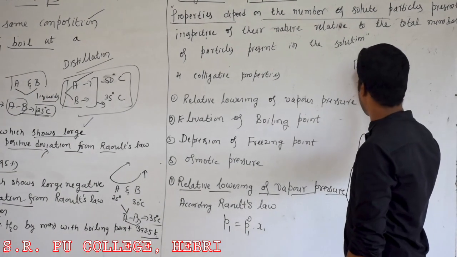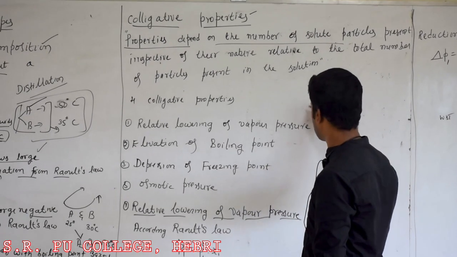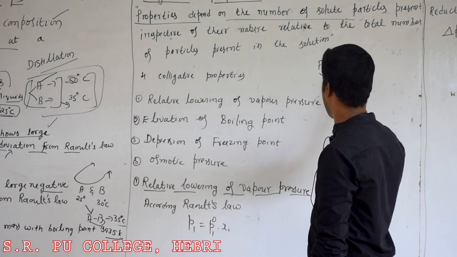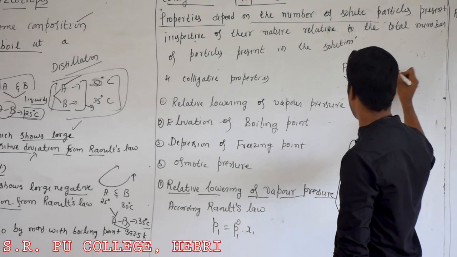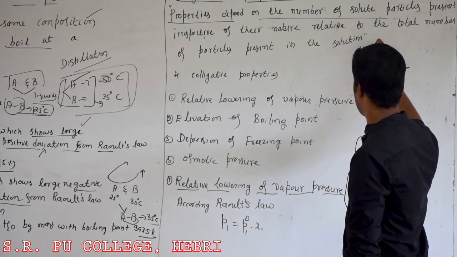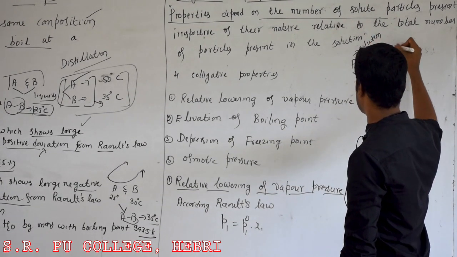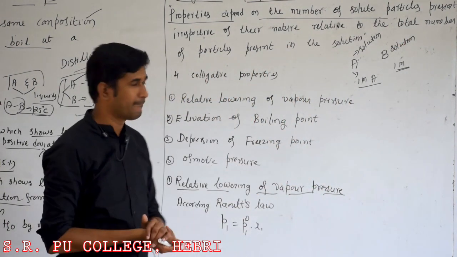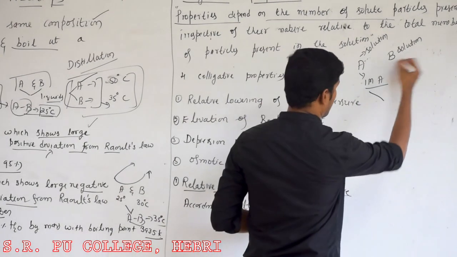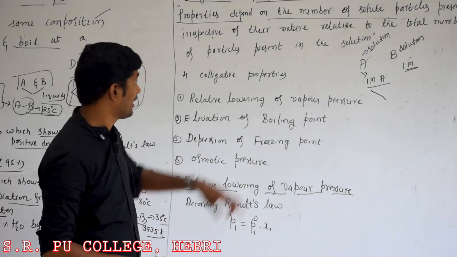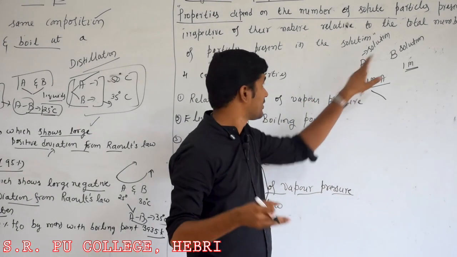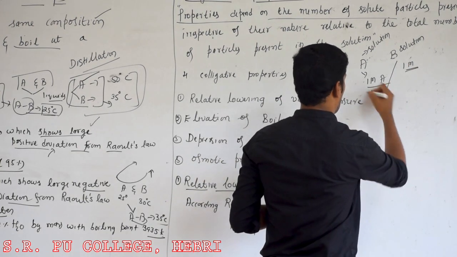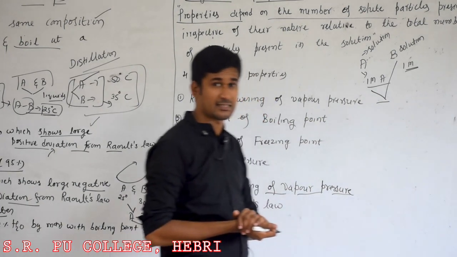I will give you an example. You take components A and B. You have prepared a solution of component A. For example, you have prepared a 1 molar solution of A and a 1 molar solution of B. In both these solutions, the number of moles of components are the same and the nature of these two solutions is different. Here A has a different nature, this B solution has a different nature, but the number of particles or number of moles of solute present in these two solutions is the same.